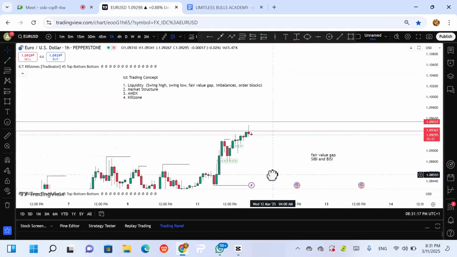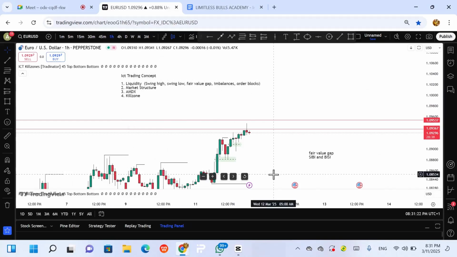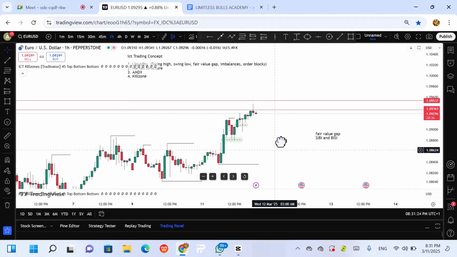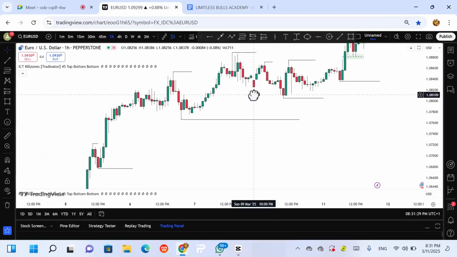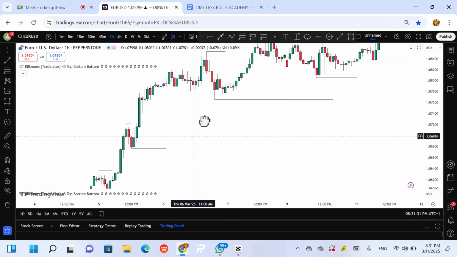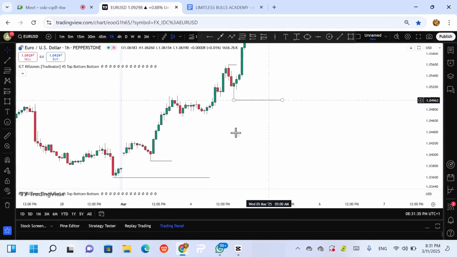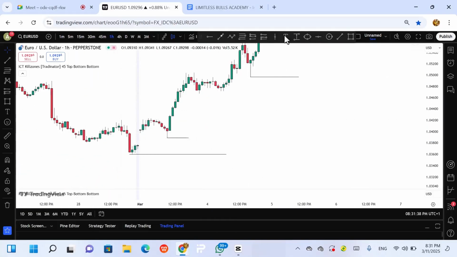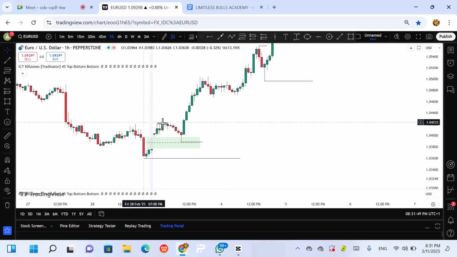So now we have talked about swing high, swing low, and fair value gap. What of imbalances? Under imbalances, we have the gap imbalance and the volume imbalance. Now we are talking about this example, so let me look for any of these imbalances. What is this? You have learned all of these things now. This is what we call the gap imbalance. You can see this is a mechanical system.